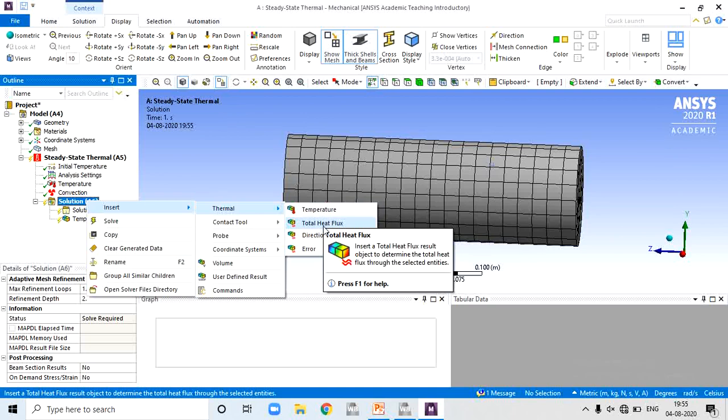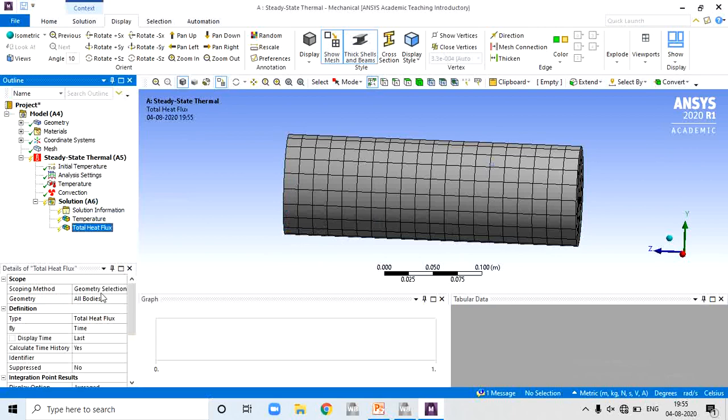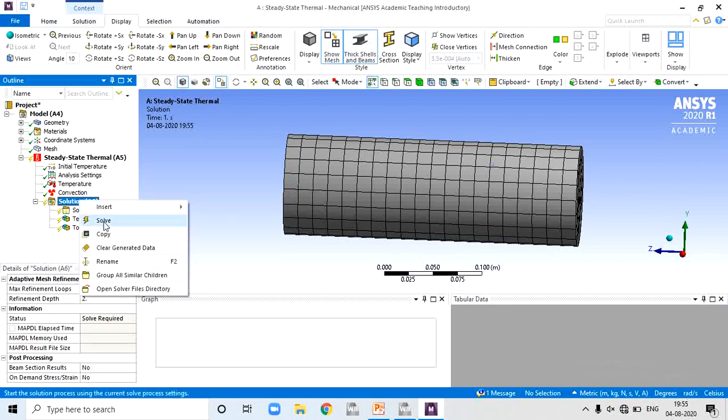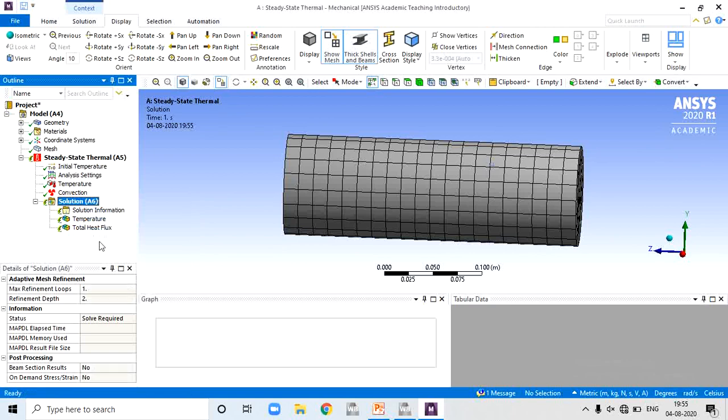So click on total heat flux. Then just right click and click on solve, and the software automatically solves this problem. You can check the status of solving here, 10%, then after 100% it will be solved completely, and we will get the answer in terms of temperature variation and total heat flux.